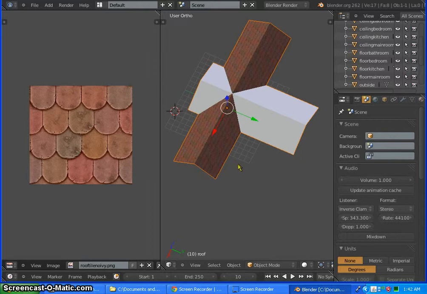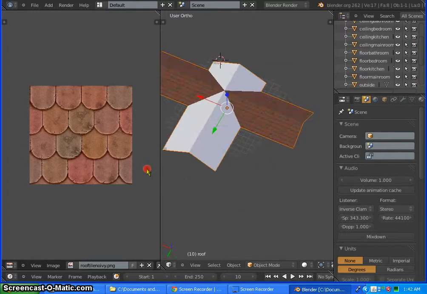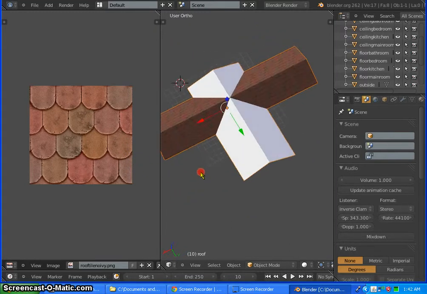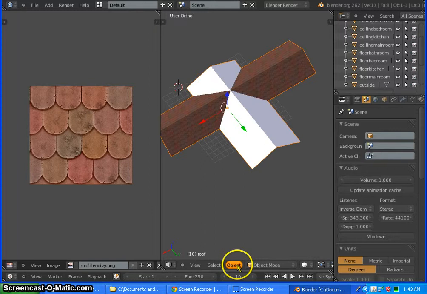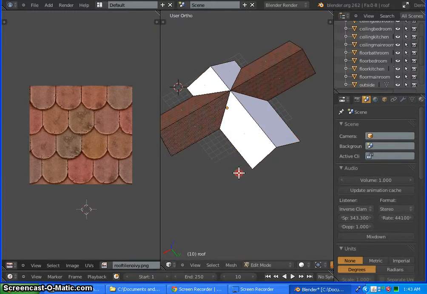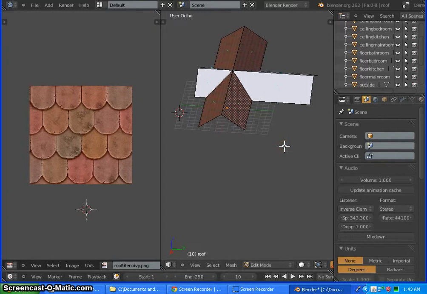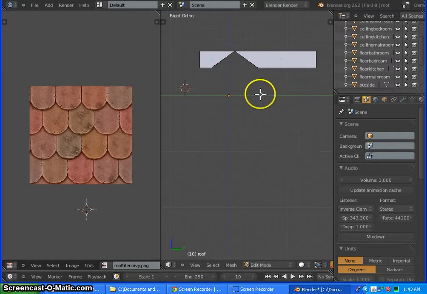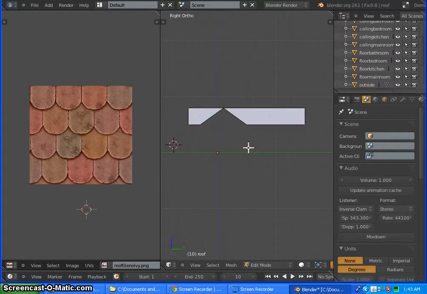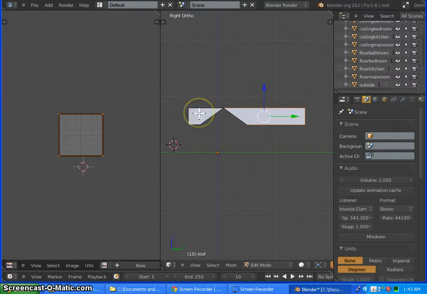Now, last time we just started UV mapping our roof real quick, so let me go ahead and finish that. First of all, press Tab to jump back into edit mode, and this time press 3 on your keyboard to come to the side view, the right side. Right click on one of these and hold shift and select the second one, and you see our UV map is not at all what we have here, so